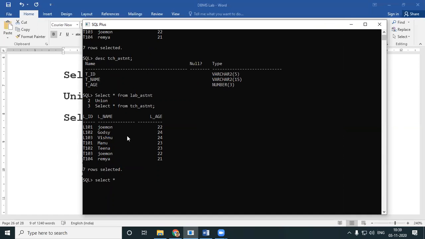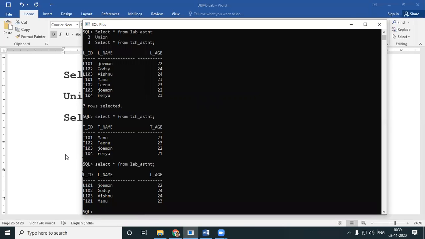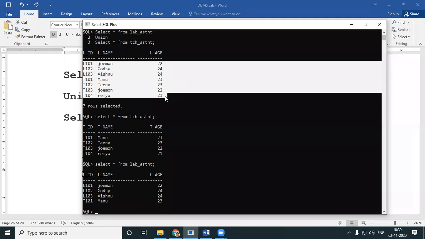Now look here. Select star from tech assistant and select star from lab assistant. I do have a total of 4 rows over here, 1, 2, 3, 4, and even a total of 4 over here. 4 plus 4 is 8. But when you do a union, you will be getting only 7.